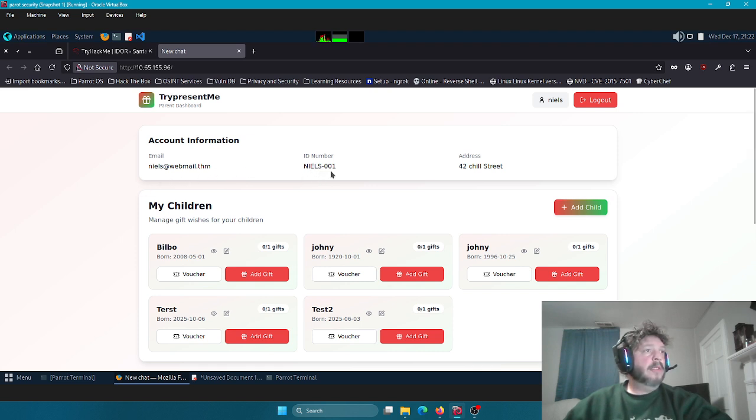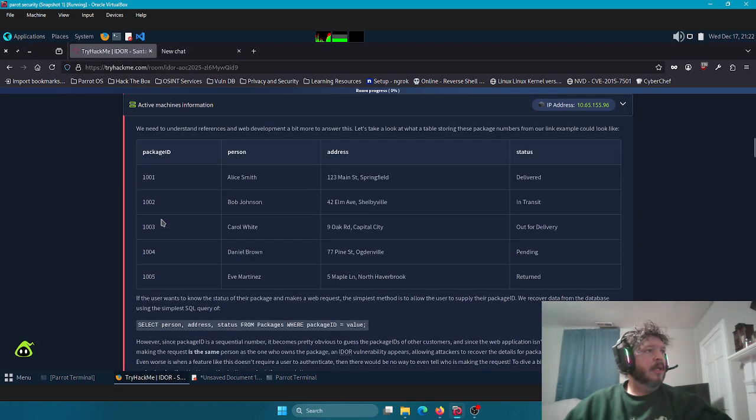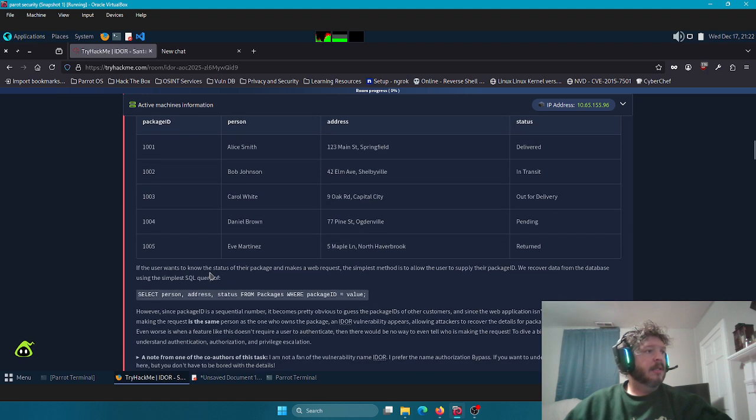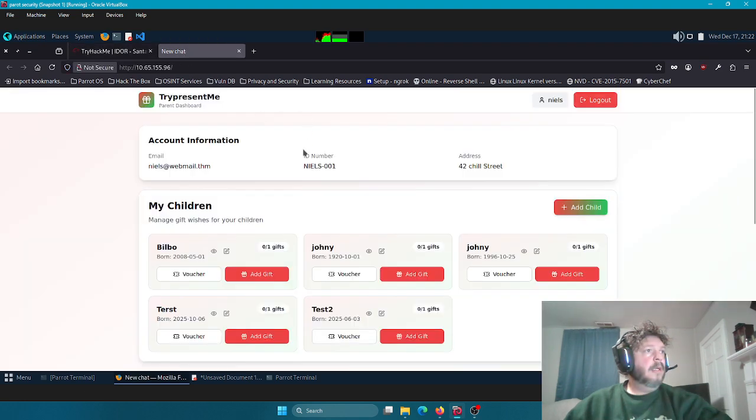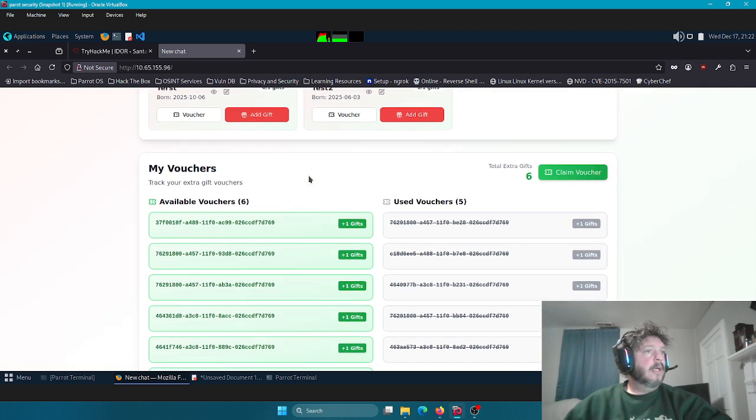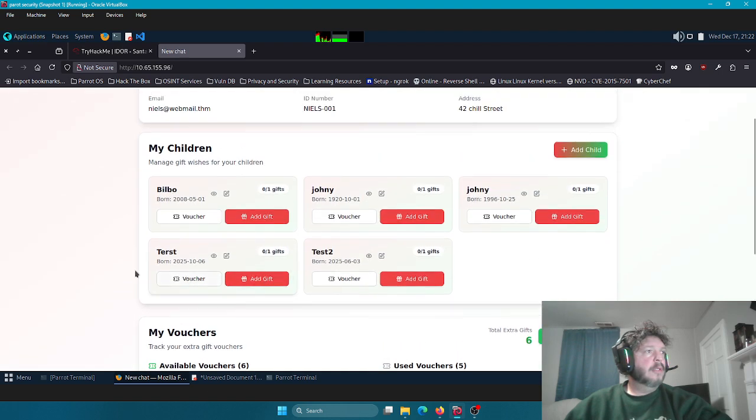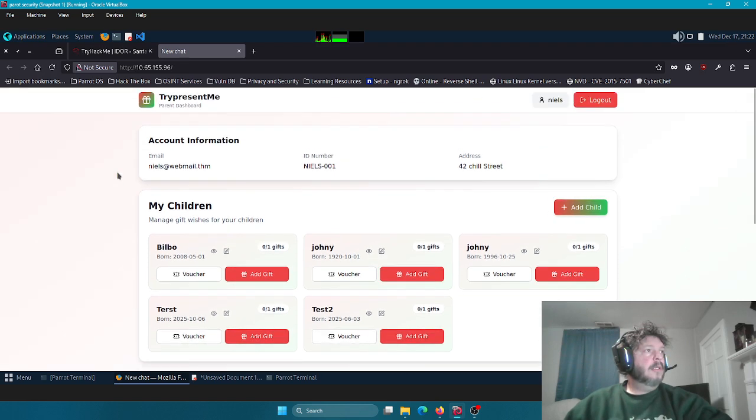ID number Niles001. Address 42 Chill Street. What's the Niles ID? Not listed. I mean, it does, but it says Niles001 for ID. He has a bunch of vouchers on his page too. These are all used vouchers. These are all new vouchers. Terse, Best, Bilbo, Johnny, Johnny. Why is there two Johnnies? Anyways, all right, so